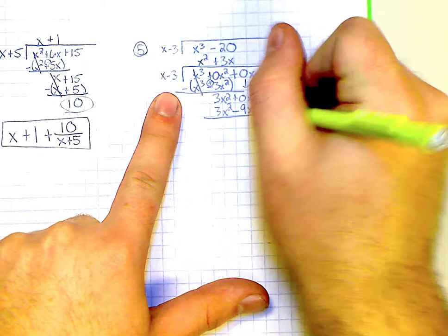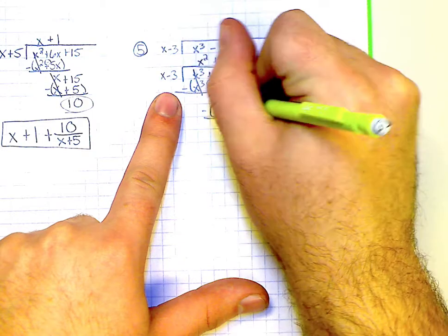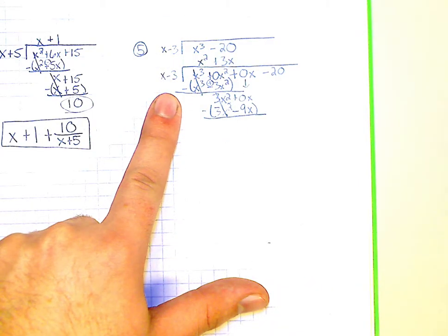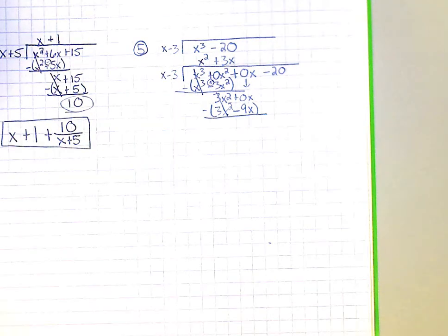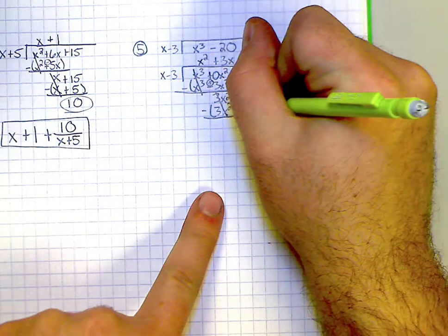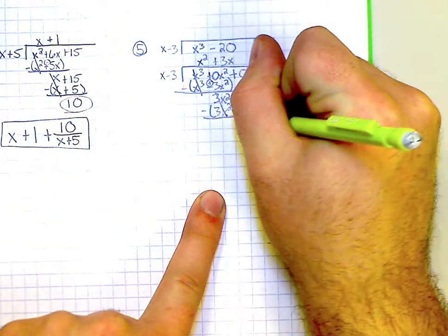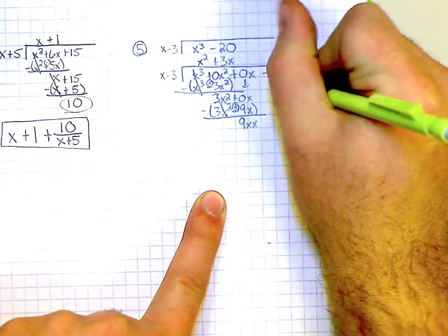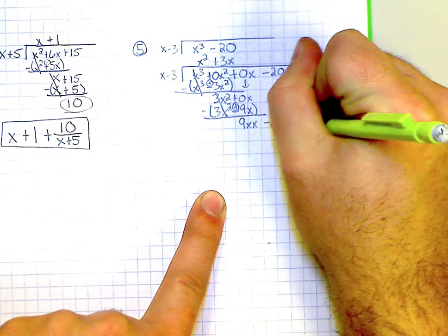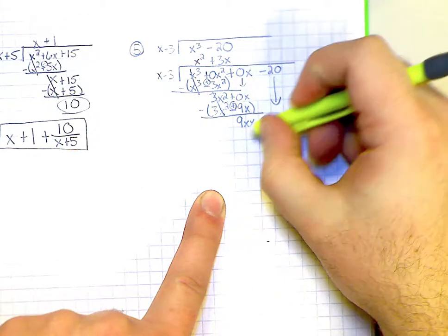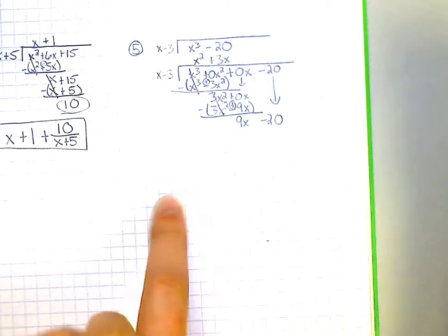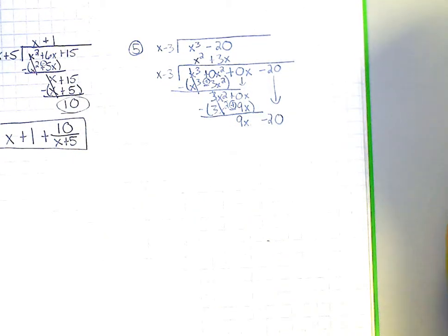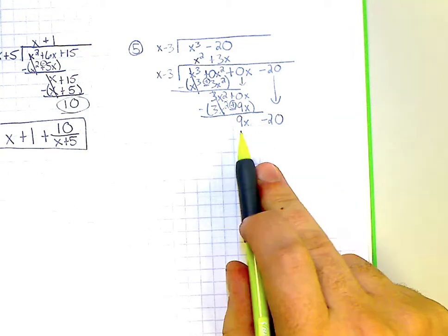Again, we're going to go ahead and subtract that whole line. Our 3x squareds cancel. I have 0x minus a negative 9. That's really adding that 9, so again I get a positive 9x. Bring down our negative 20, and we're ready to go. So 9x minus 20. Okay, now we're looking to try and match our 9x, so I need to take x